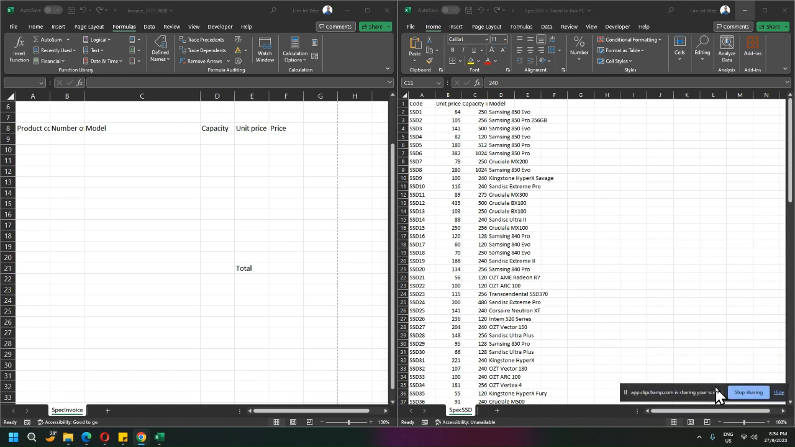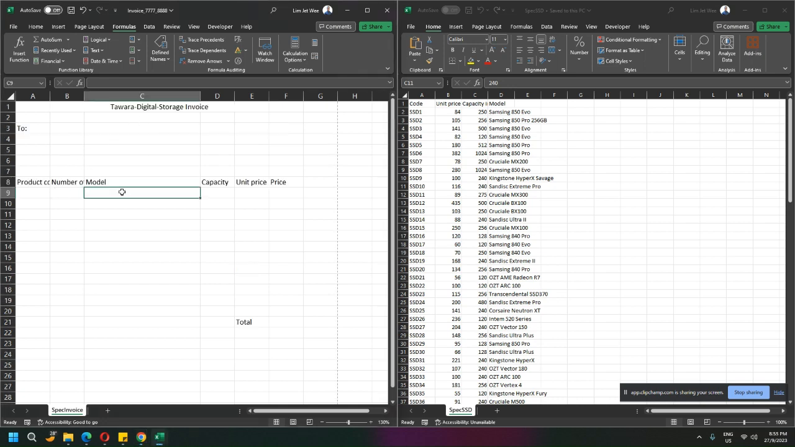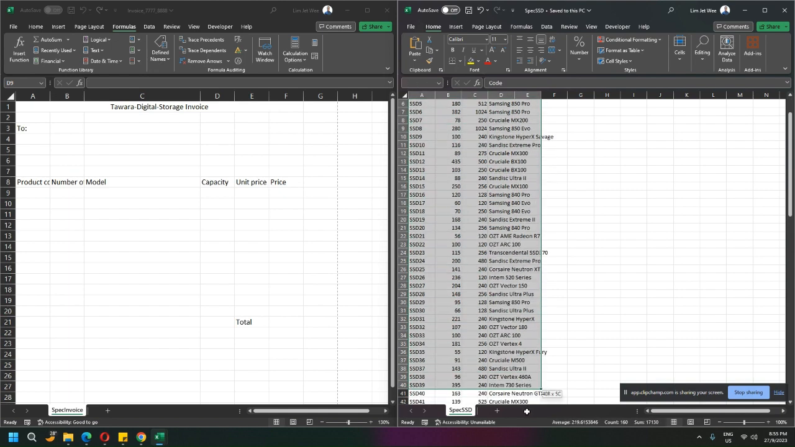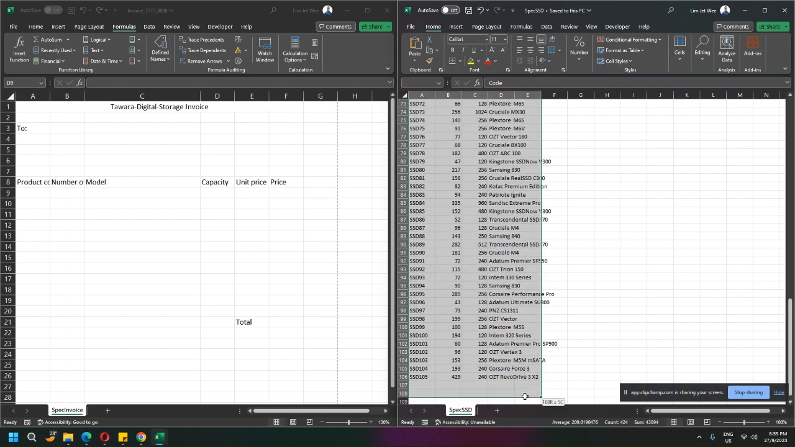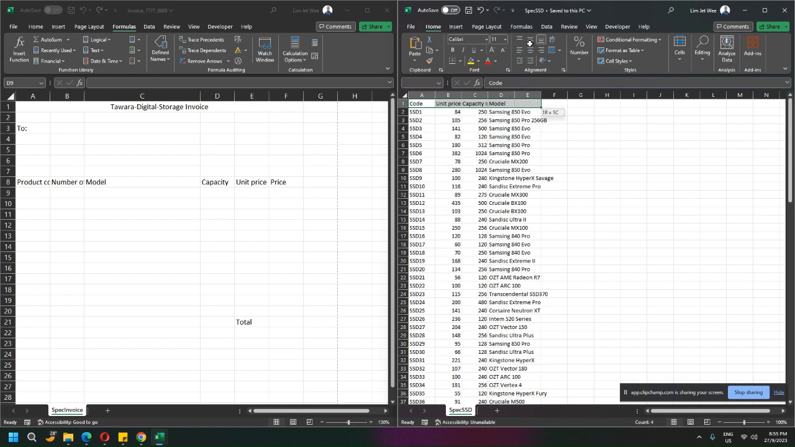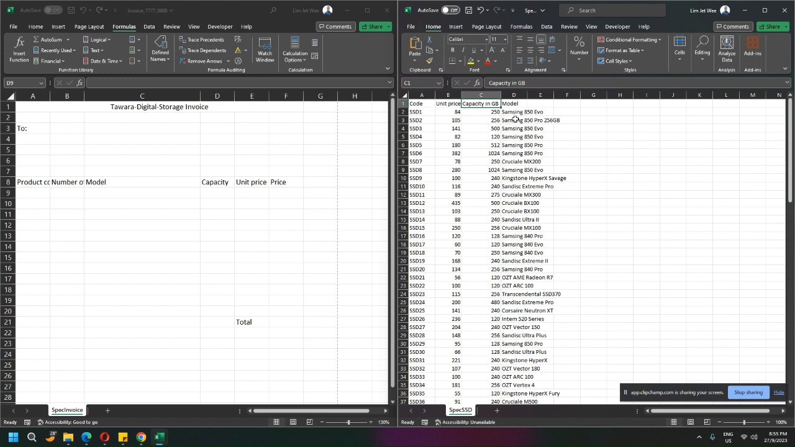Okay, I actually have an invoice right over here. Okay, this invoice. And another file. This is another file, which has all the CSV array, up to here. See that, 106, and this one has the code, the unit price, the capacity in GB, and the model. Okay. So now the idea is using this product code over here, I want to find